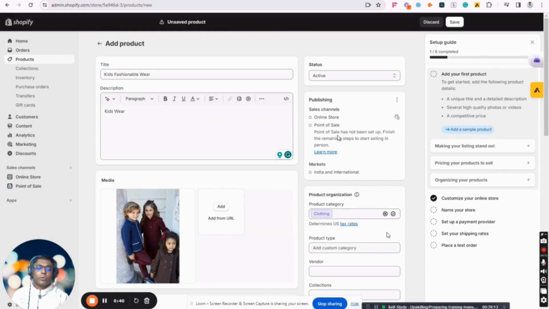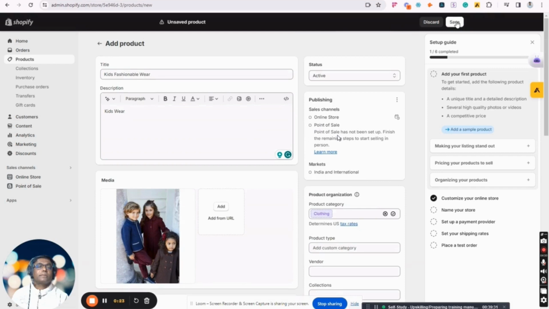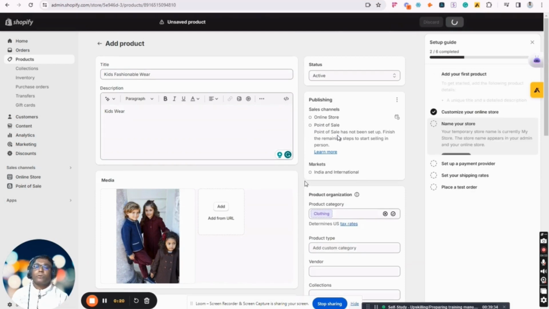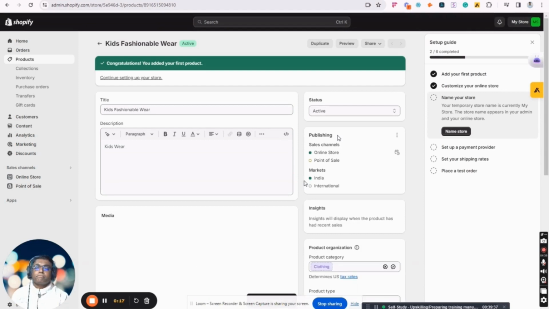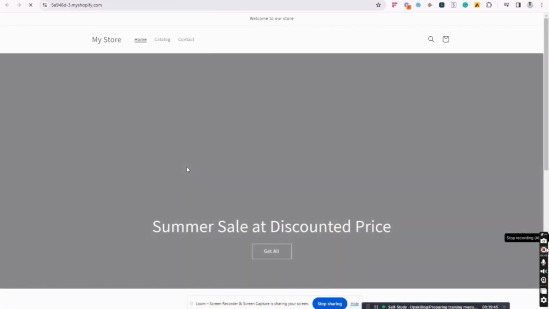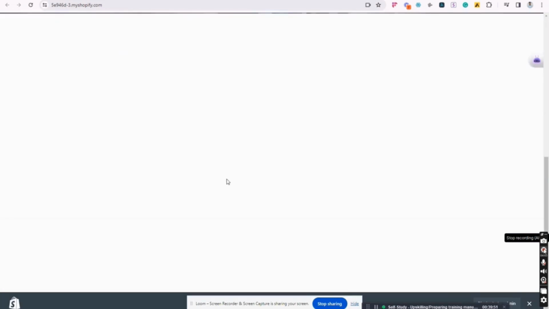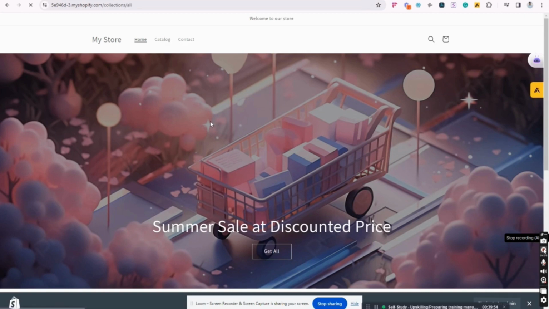Product category is clothing. Now, if we want, we can go ahead and mention the product type also or the vendor from where it is being purchased, collection name, or any specific tag. Now, the theme template is default product. Let's save it and have a look. How does it look like? Now, the first product is added. Now, this is my online store. Let's see how it looks like. So this is the front page. And if we go ahead and check our catalog part,